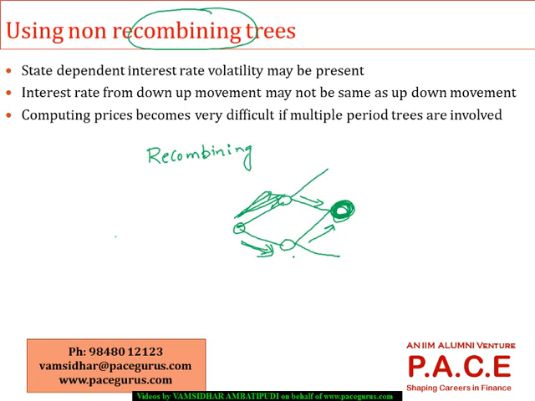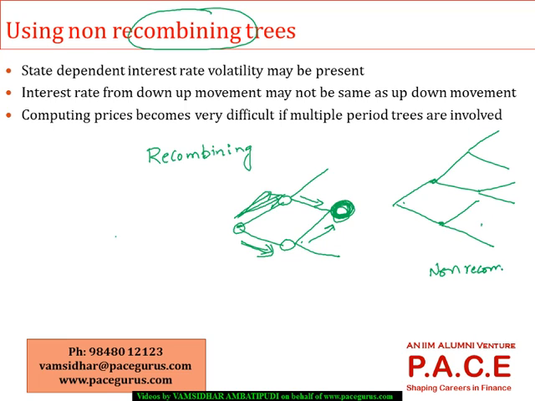The rate it can reach when going up after having gone down, versus the rate it can fall to when going down after having gone up, can ultimately be different, which means it may result in something like this, where at the end of the second period I may get 4 nodes, not 3, and similarly for each of them another 2 more. Like this, the size and complexity of the tree drastically goes up. These kinds of trees are called